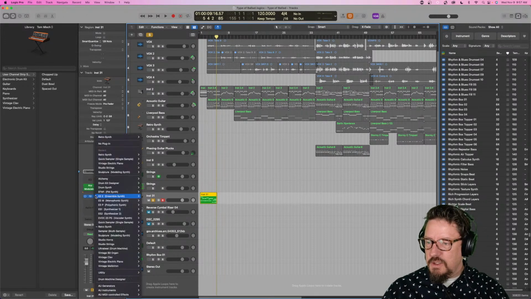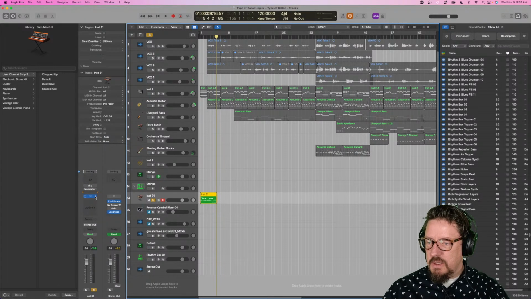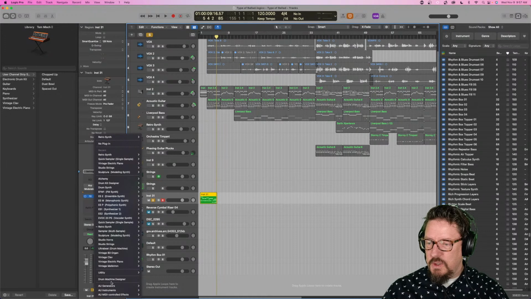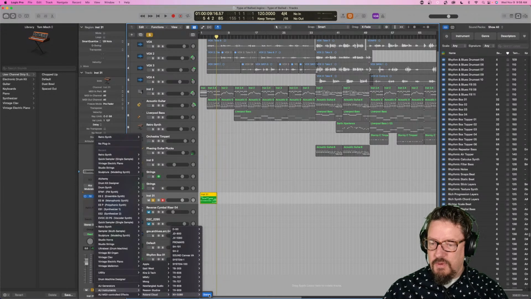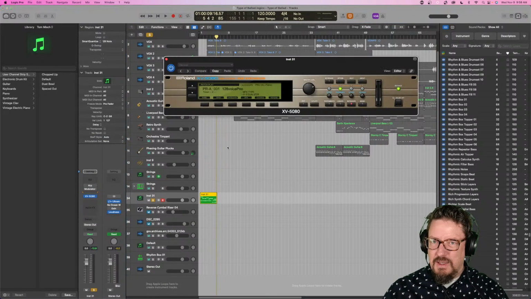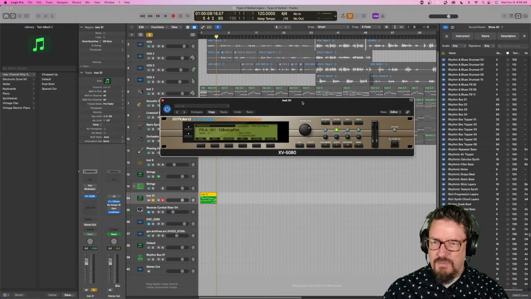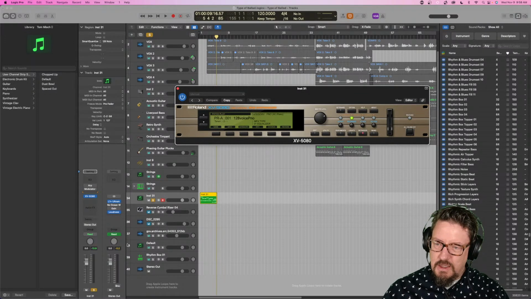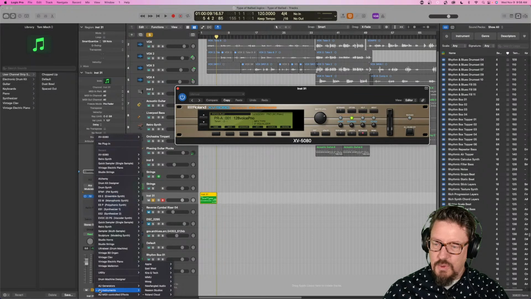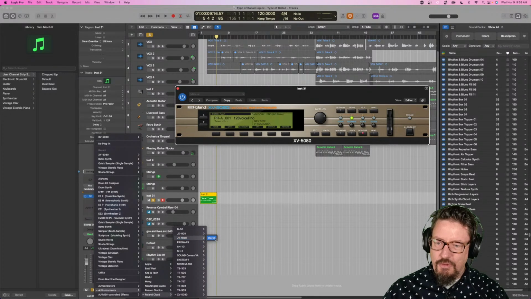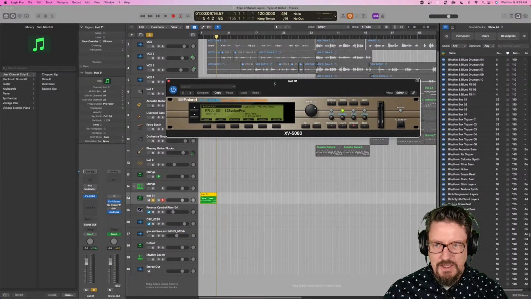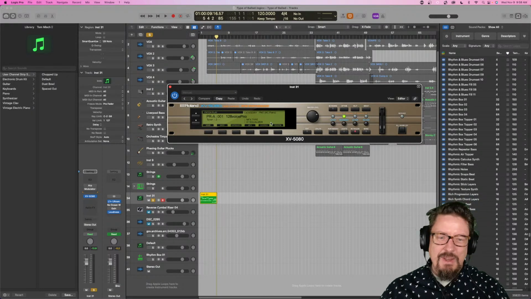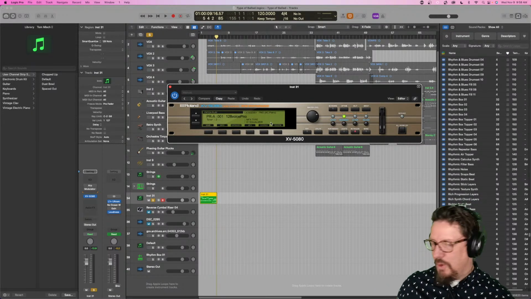XV5080. Let's do it. I'm going to get rid of these other effects though. So let's do Rolling Cloud XV5080. And the 5080, if you've ever used one of these in person, which I have, is a great module. I would say for the most part, the 1080 was one of my very first external sound modules. And then we looked at the 5080 that was right when the software was getting more, but